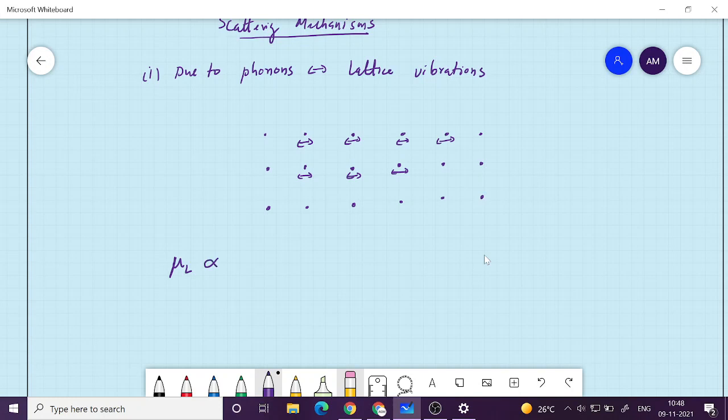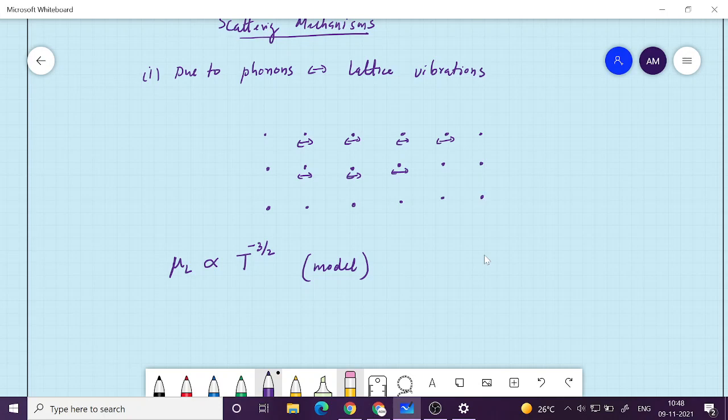And how it depends, there are various models. So this is mobility in the presence of lattice vibration, we say that it is proportional to T raised to minus 3 by 2. So this is just a model, okay. This model is again not very accurate, okay, but this is just a model. How it depends on the temperature exactly, it depends,